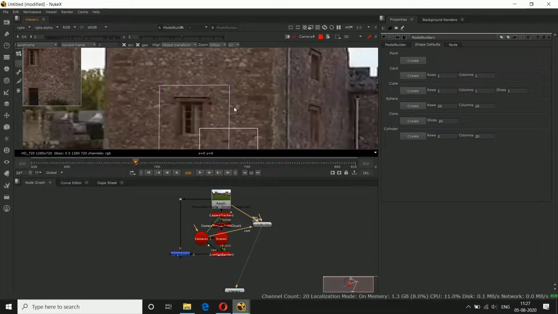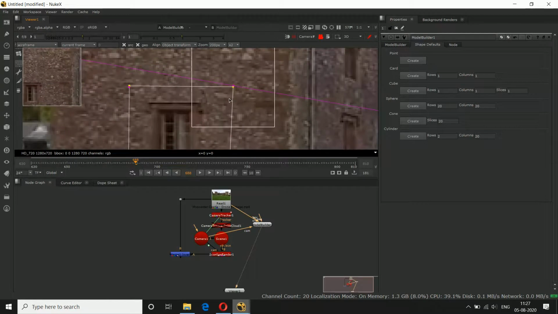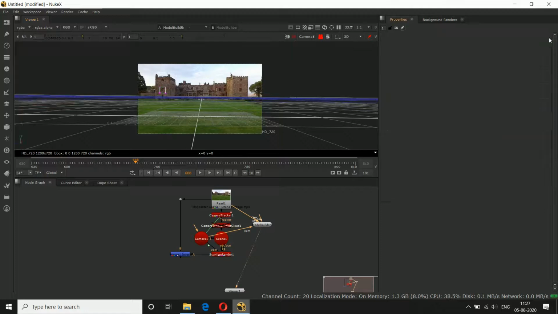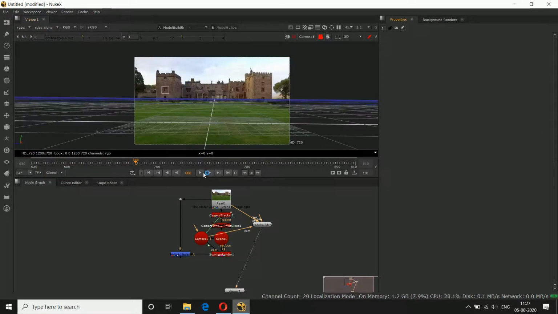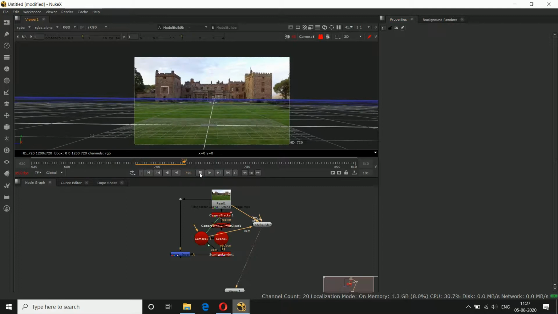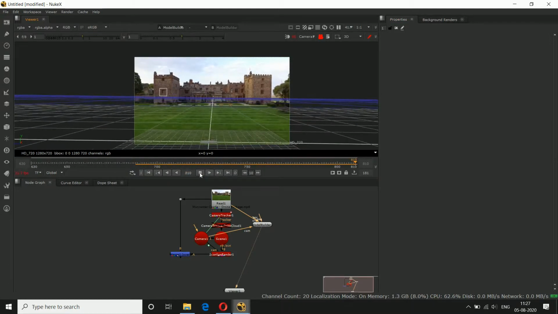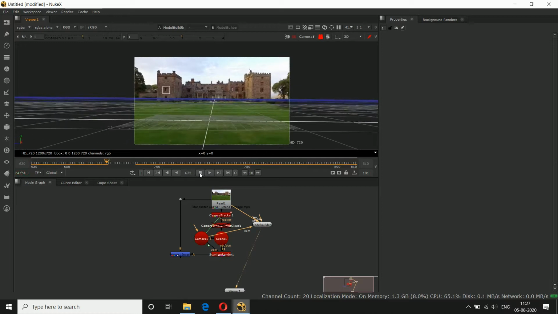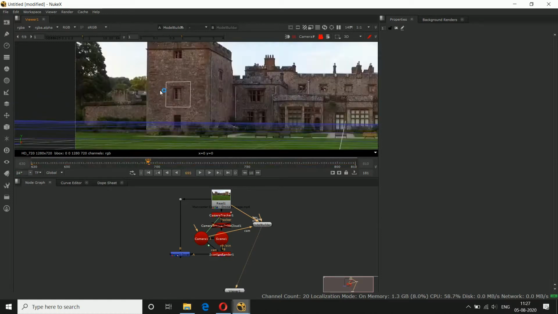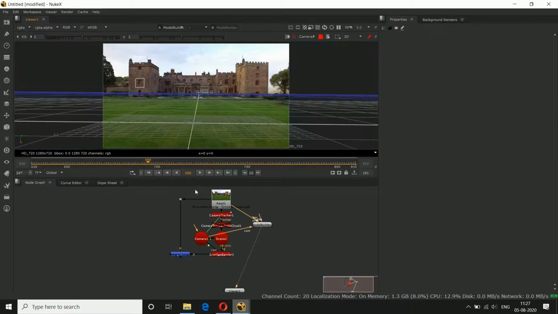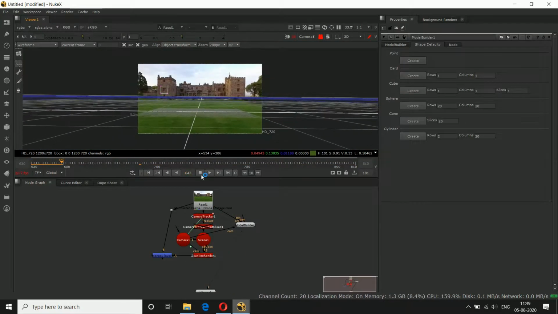Now it's correct. Just do this in only 2 frames. Now I'll play the footage. See, now our card is properly tracked. If you wish, you can do it in 3 frames also, but 2 frames are enough for tracking.